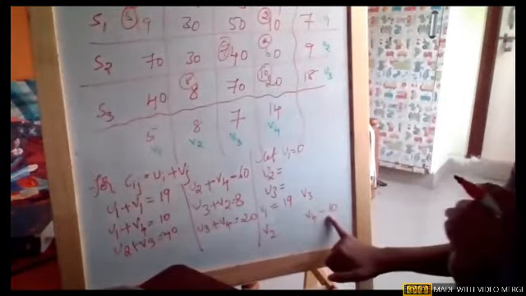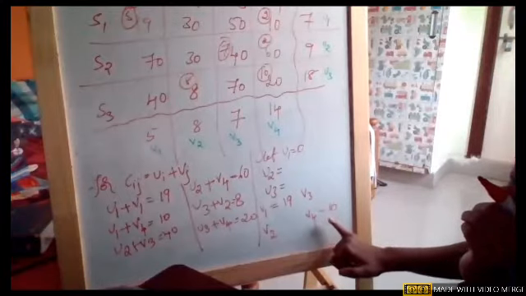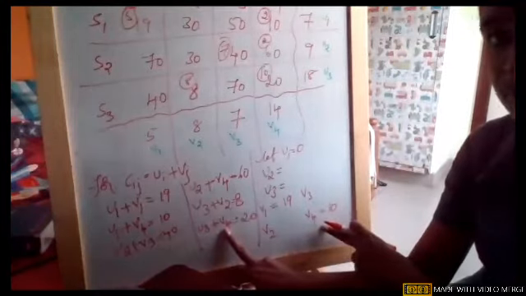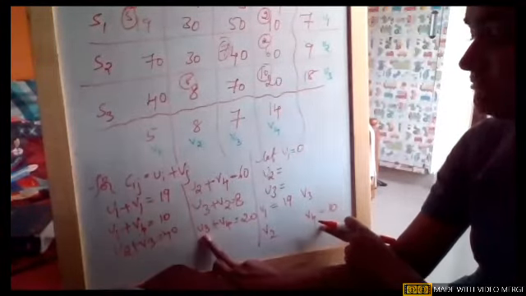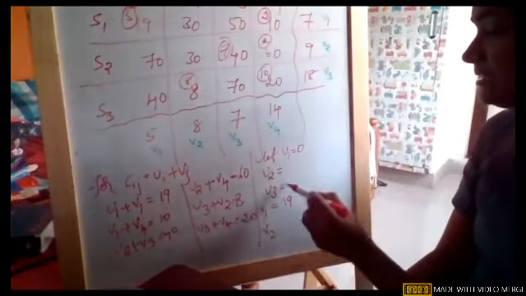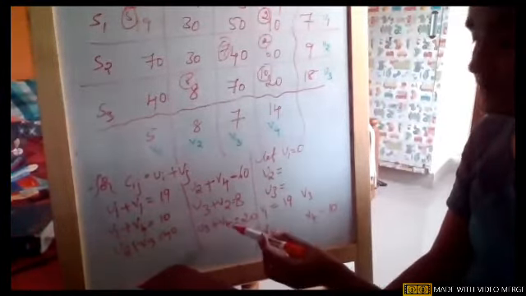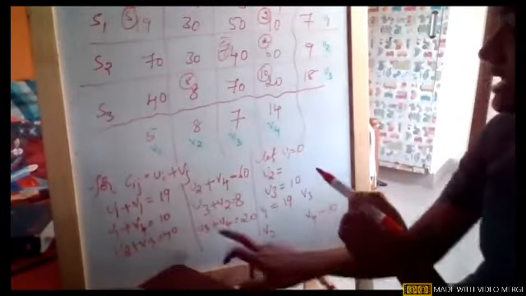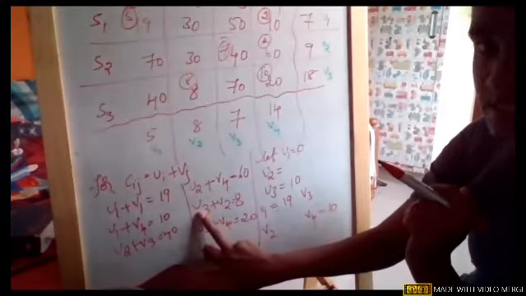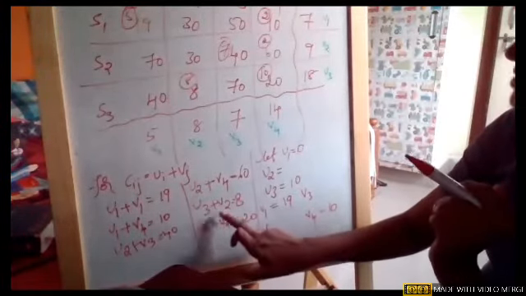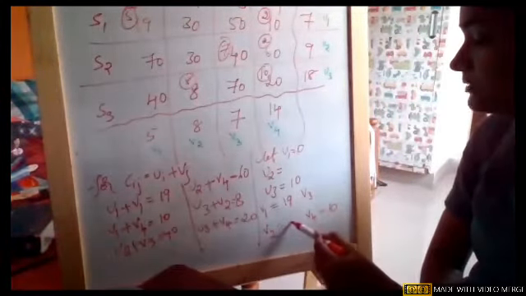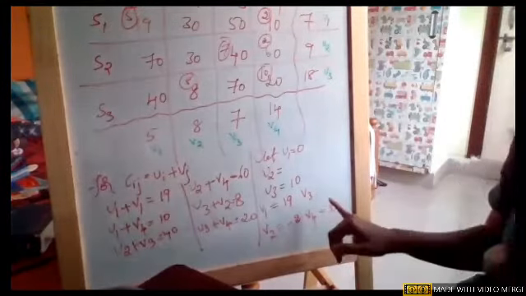Now I'll take the value we recently got. V4 is equal to 10. Now, what is the U3 value? 50 minus 10, ma'am. V4 is 10, so U3 is 10. Girls, see how we need to relate. As U3 is 10, what is V2? V2 is minus 2. Then what else do we need?